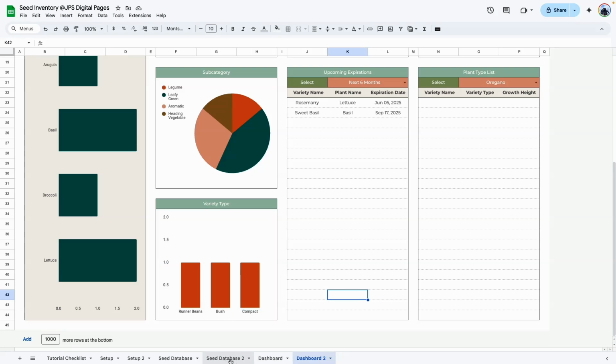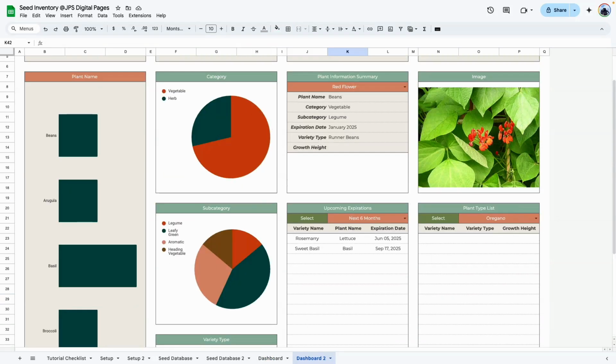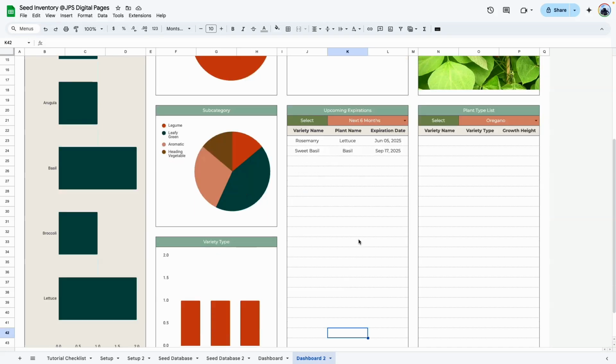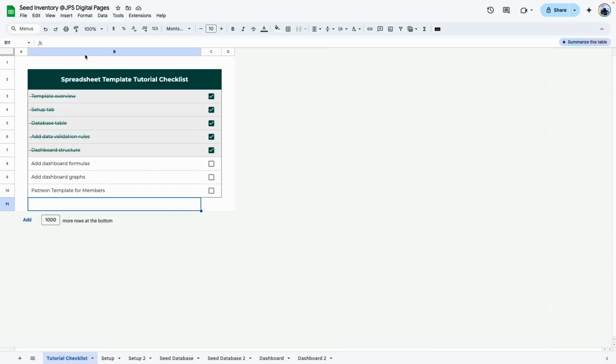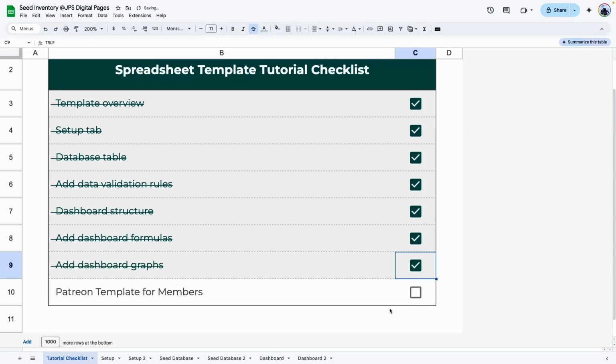And of course, if we go back to our example, we have a lot more because we have a lot more information in our database. So as you add information into the database, the information in the graphs will automatically update. Back to our checklist. All right, so we added the formulas, we added the graphs,